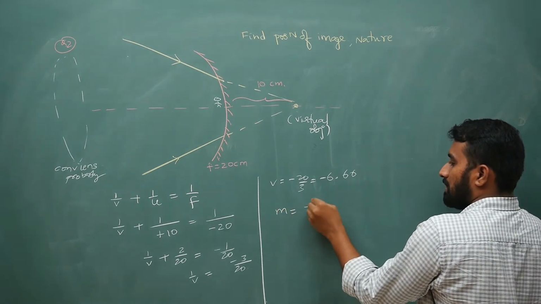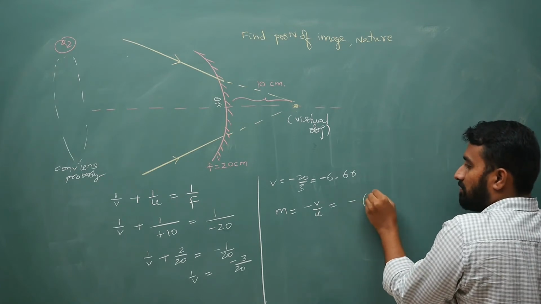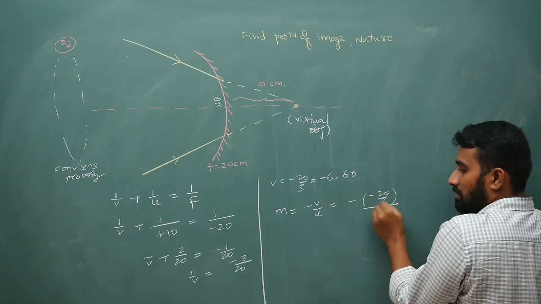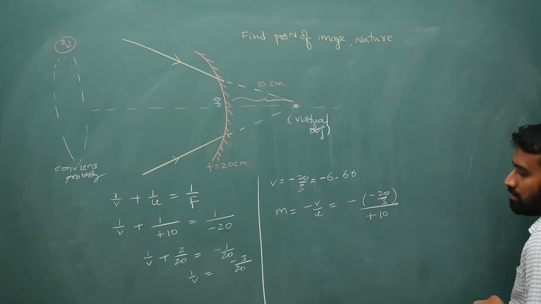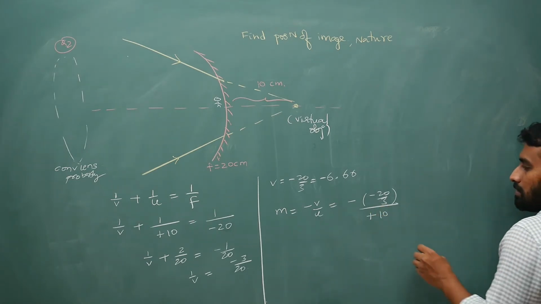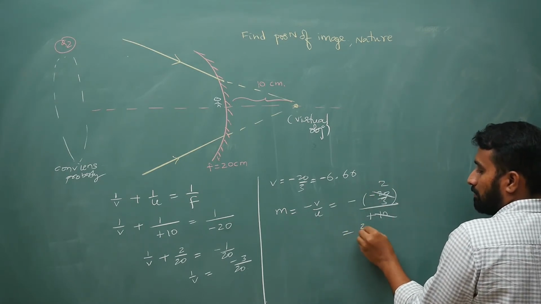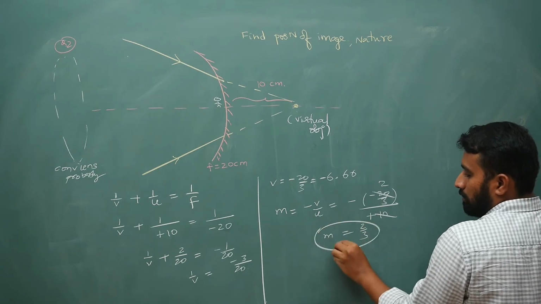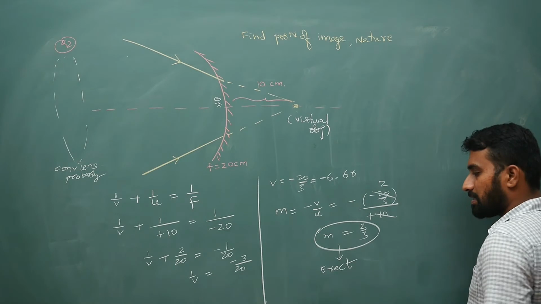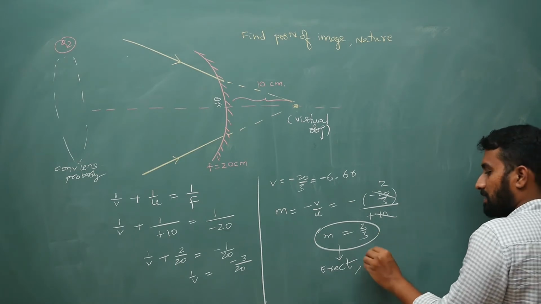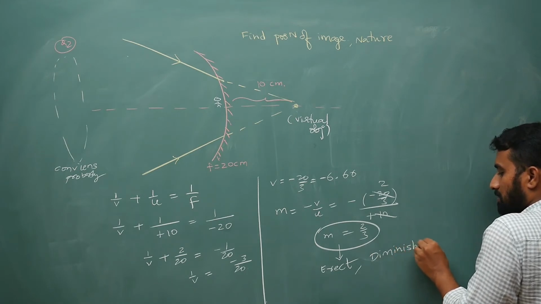Magnification M is minus V by U, okay. So, that is equal to minus of V, which is minus 20 by 3, U is plus 10. Hope my calculation is correct. Yeah, it is. So, minus minus plus, 10 ones, 10 2s, so we are getting plus 2 by 3. So, magnification is positive, so that will indicate it is erect because M is greater than 0, and mod M is less than 1, so it is diminished. Erect and diminished image.